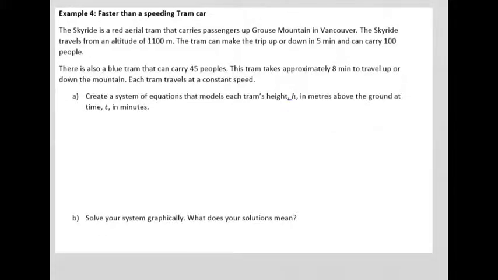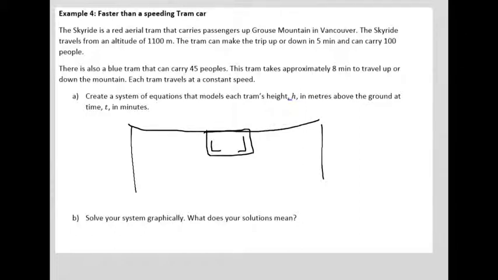Okay, example 4 is about a tram car that is located in Vancouver. It's called the Sky Ride. And if you don't know what a tram car is, it's basically just a little box with some seats in it where people sit in the seats, and it's connected to a cable, and it goes up and down mountains, and it's a nice place to,